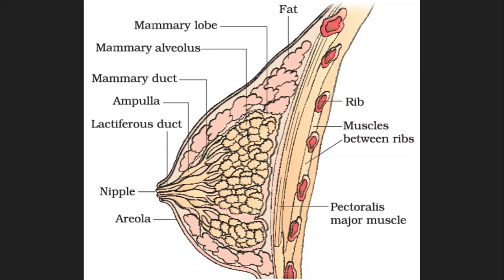It will carry the milk from here into the mammary duct, then into the mammary ampulla, which will further join to form the lactiferous duct. That is the main opening at the nipple structure. So that is how they are connected to each other. And again, this is something like the lungs. We have several branches, and then we have alveoli at the end. If you start from the nipple, this is like a main tube-like structure. Ampulla is nothing but a little widened tube.